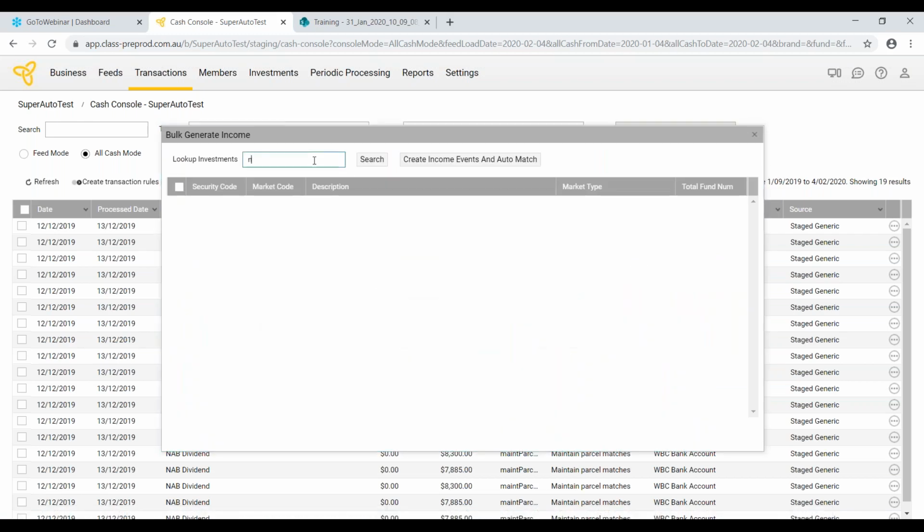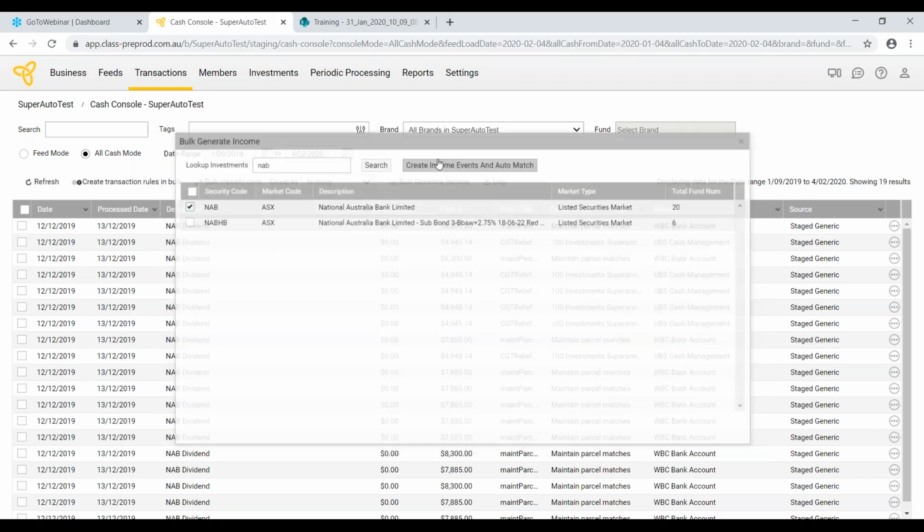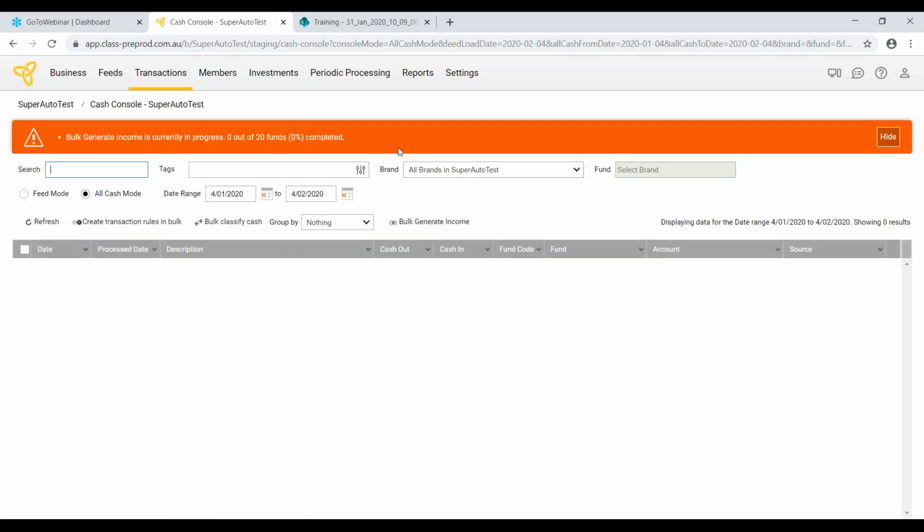From this screen, you will search for the securities in question. I'm doing NAB for the purpose of illustration. You can select the security and click on Create Income Events and Auto Match, which starts the process of